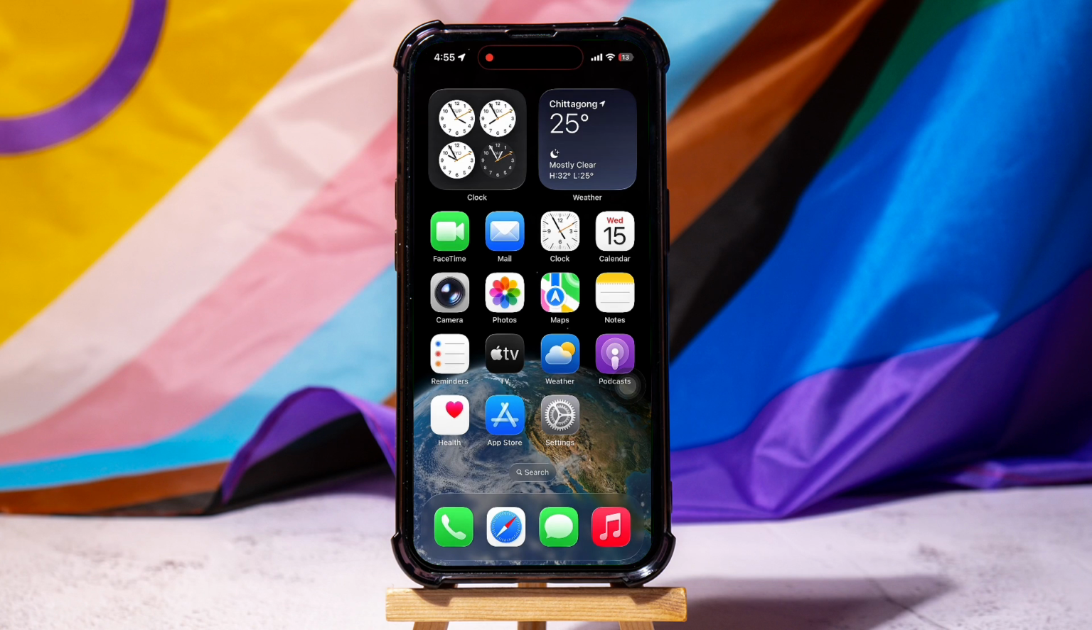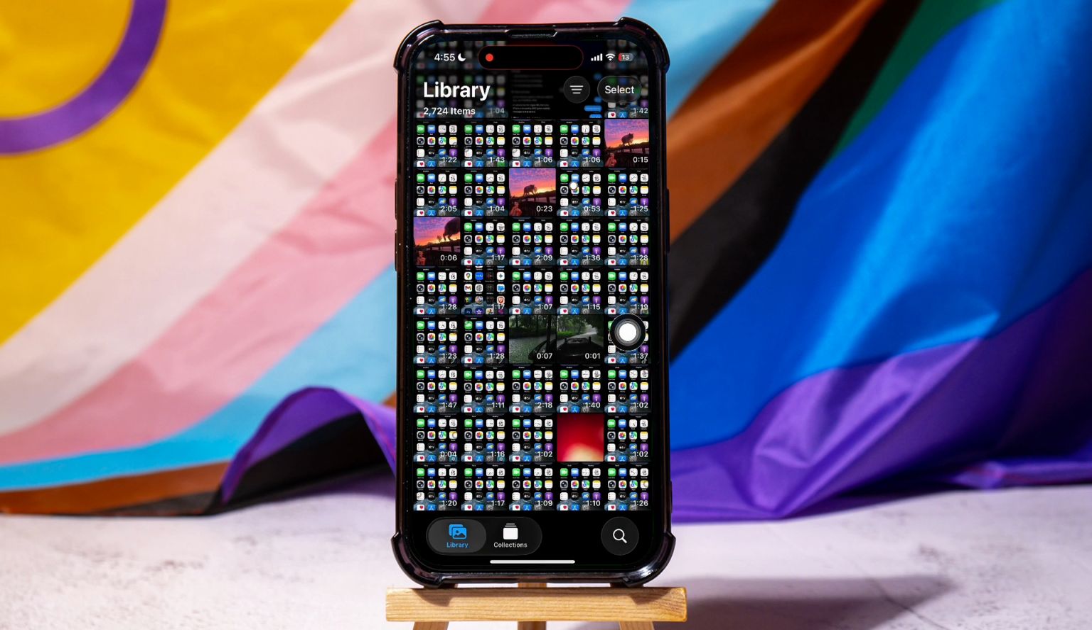How to choose live photo on iPhone. To get started, first of all go ahead and open up the Photos application on your phone. Once inside, by default, you will be in the Library tab, and here you can view all the photos and